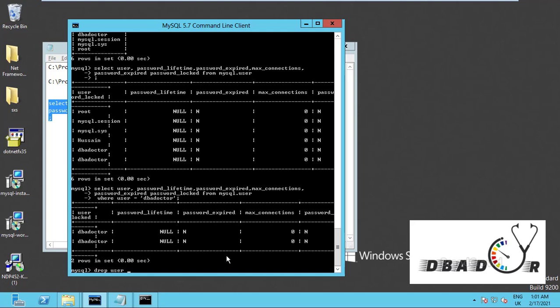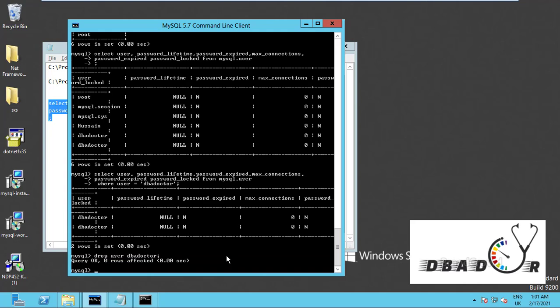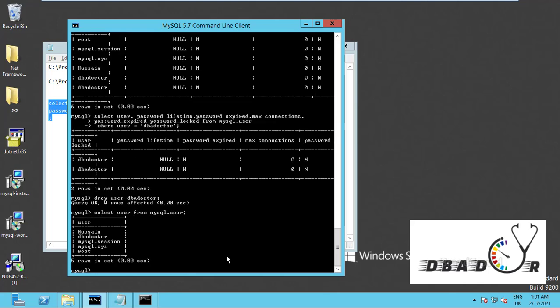Drop user, username is... you can see here one dba doctor is present, because from whichever database I connected, that database's user is dropped.